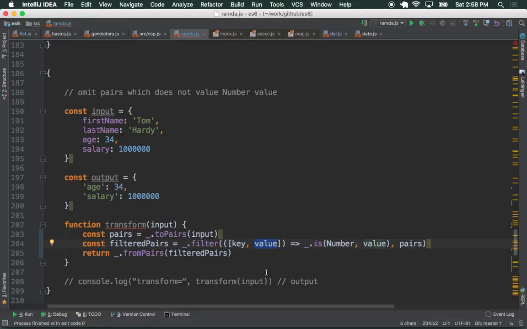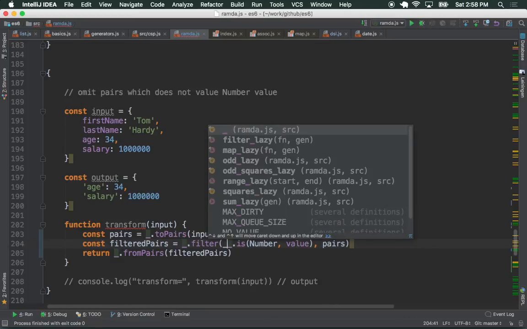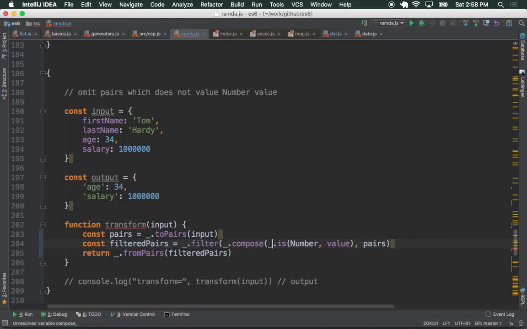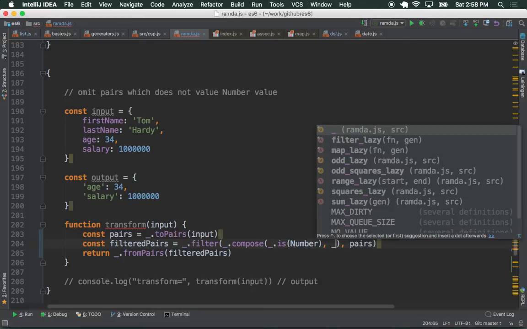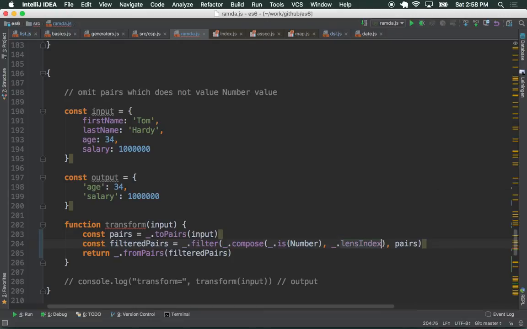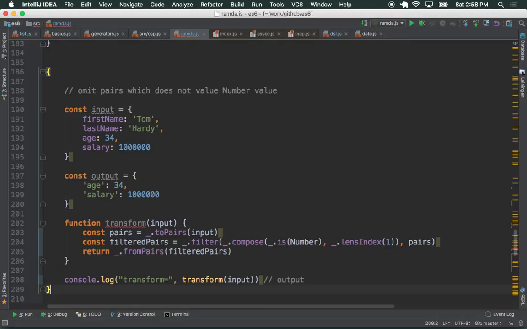No. So what you do here is you compose, right? So value will come from this thing. The first thing is to have lens index. Lens index of what? 1. And if you,